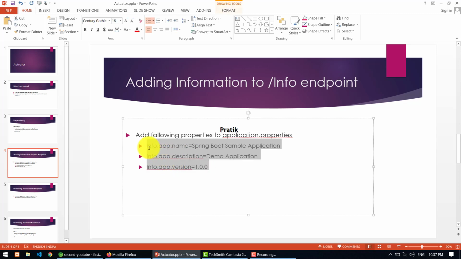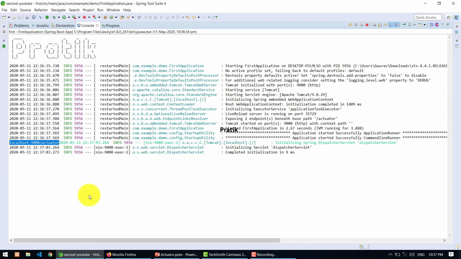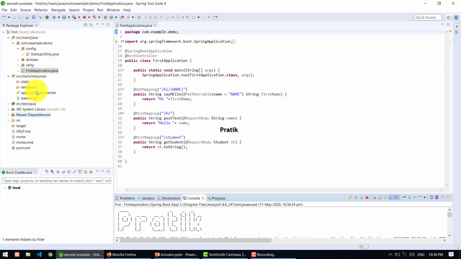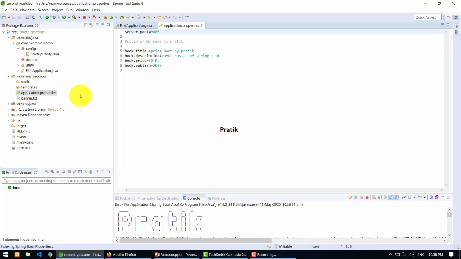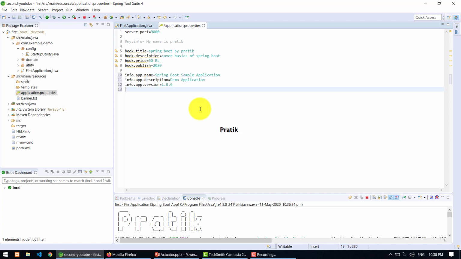I am copying it and pasting inside the application.properties to save time. The name is Spring Boot sample application, the description is demo application, and the version is 1.0.0. Again saving it and restarting the application.